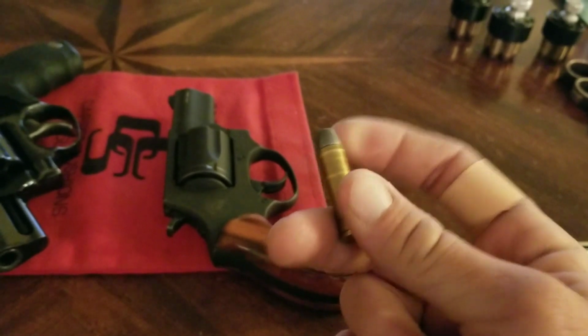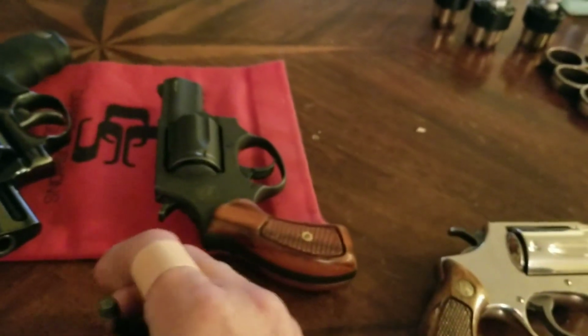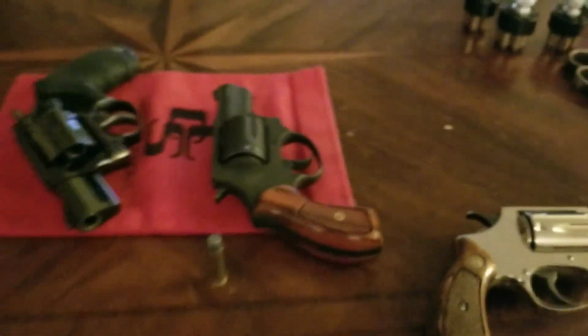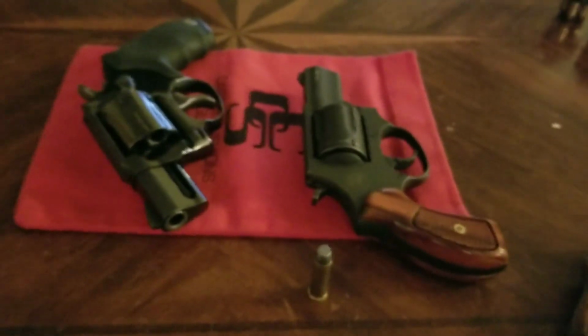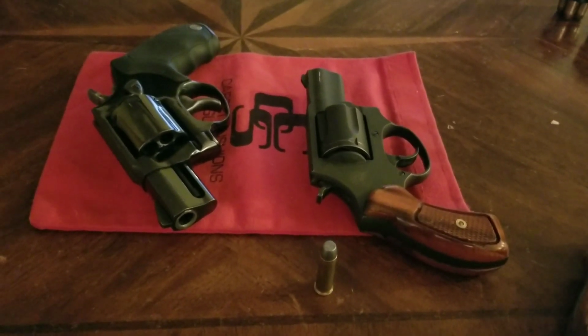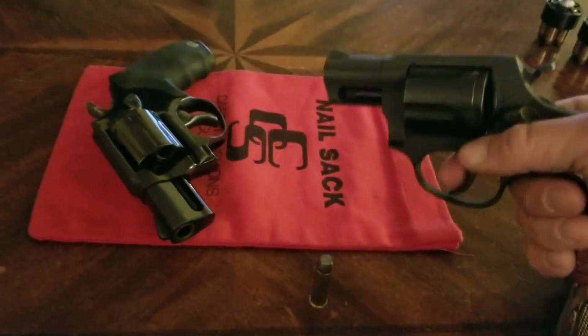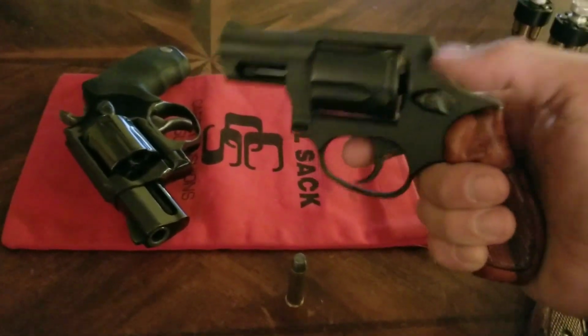So I don't know. I think I'm about the only person in the world that I've ever met that feels that way. And that's why I'm gonna get a 44 mag one day, because 357 don't kick hard enough. It ain't powerful enough. But I guess that's the American way, right? Bigger, faster, stronger, more powerful. But yeah, I started getting a little carried away with the Buffalo Bore rounds, and I had an issue